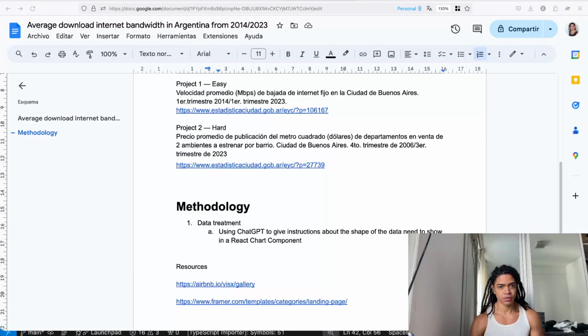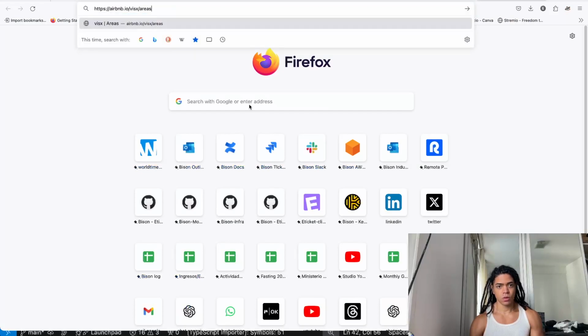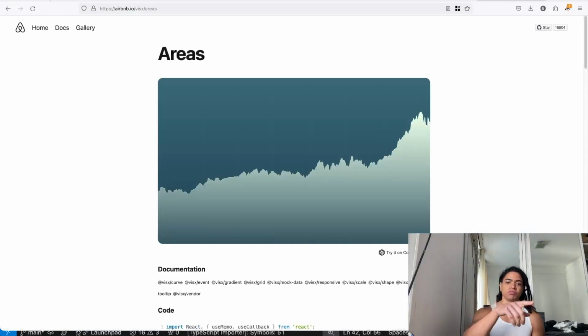Specifically this one. To show areas here.